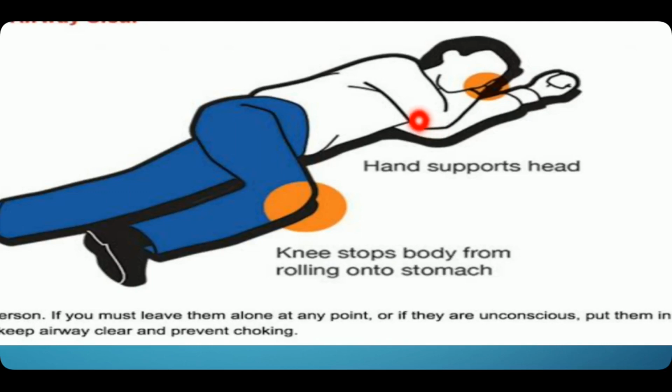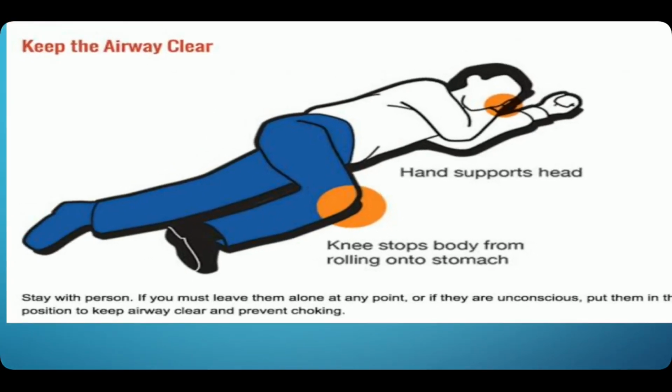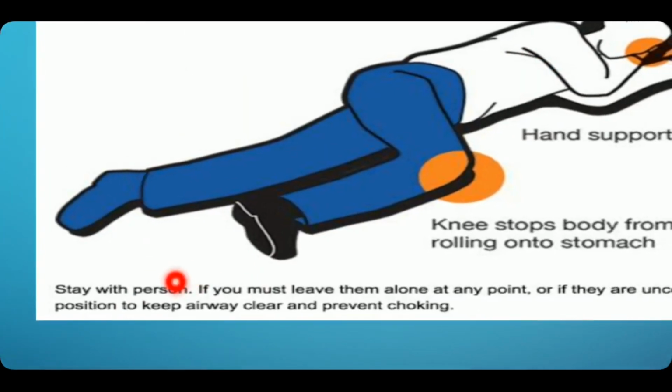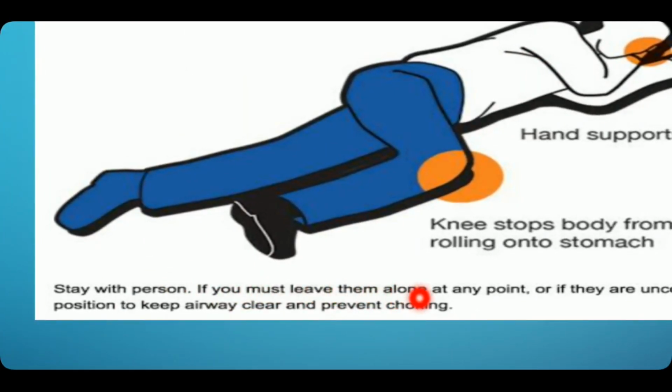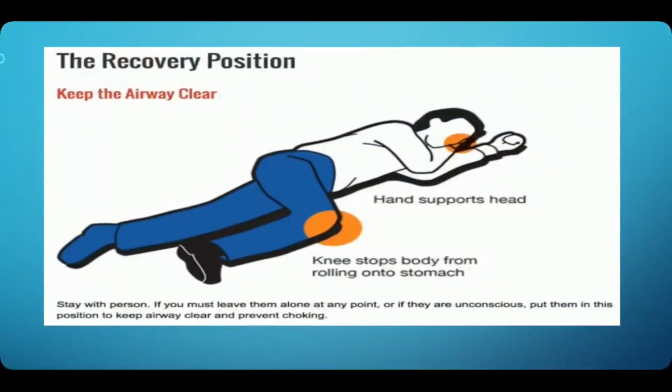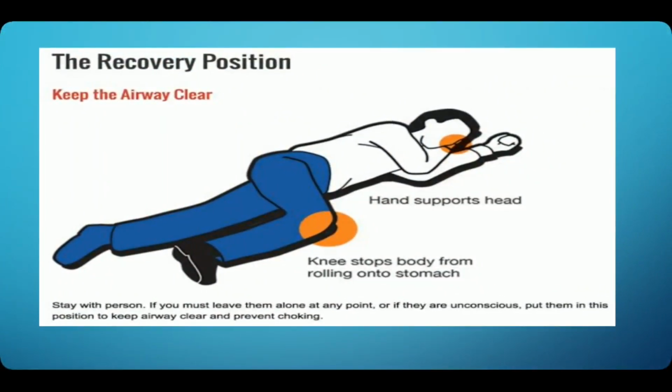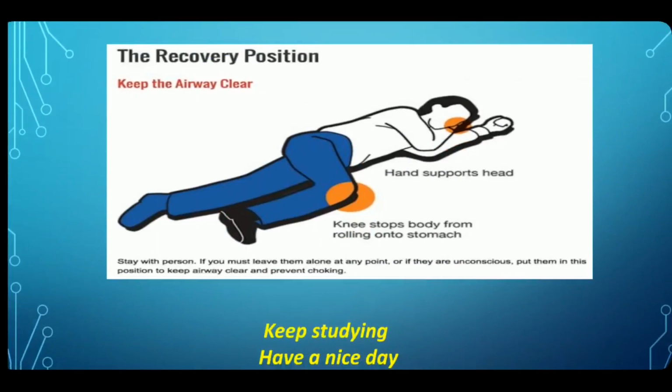Here you can see that the person is on the left side. Keep his right hand towards the left cheek, which helps in supporting the head and keeping the airway clear. So this is the recovery position, and it is beneficial when a person loses consciousness. Here it is also mentioned: keep airway clear and prevent choking. So it helps in the prevention of choking. Okay, then